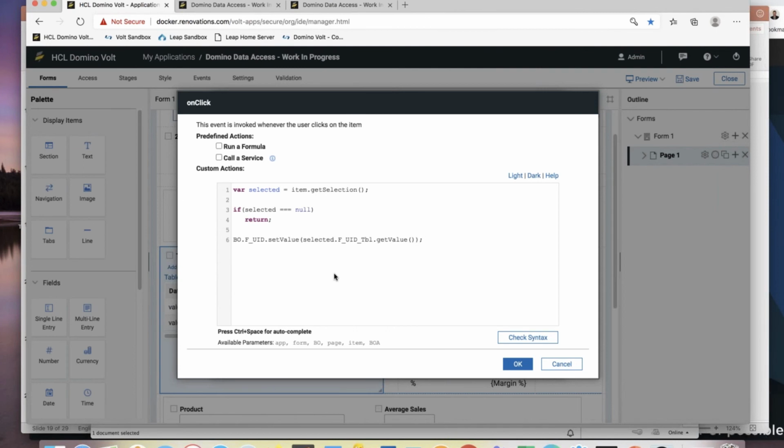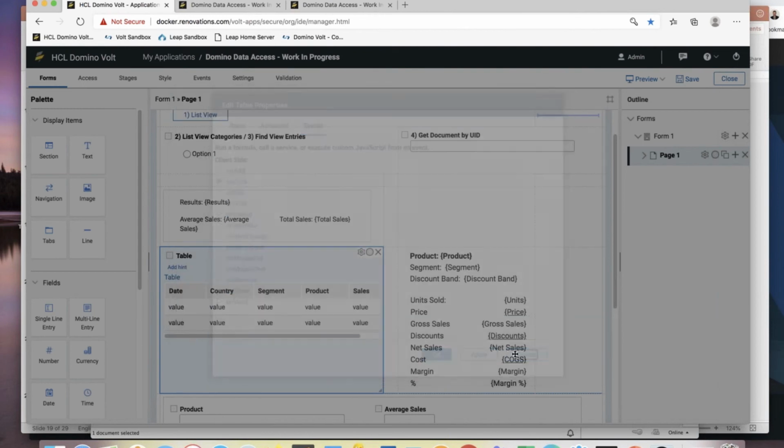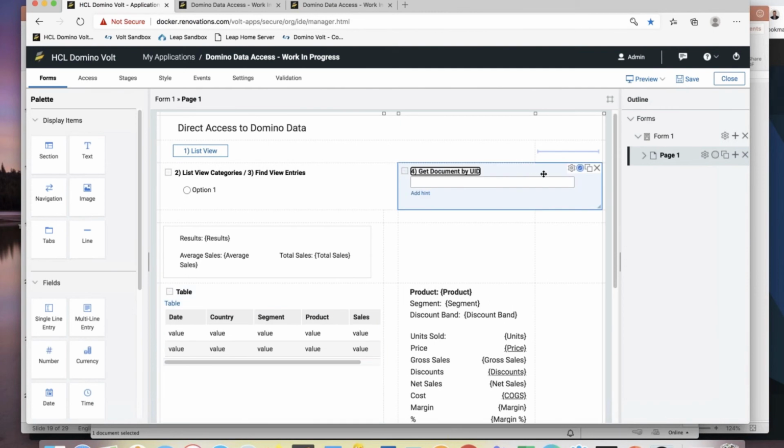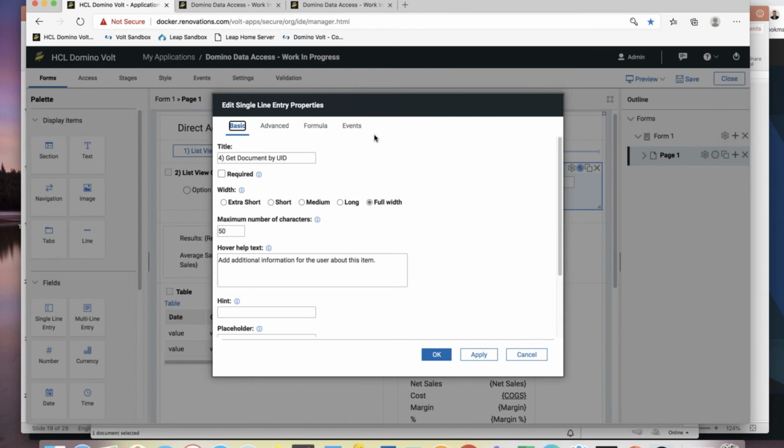So I may click on the table, but not a row. So this will nullify that. If I don't have anything, then just return. Otherwise, let's get the UID value from the table and push that into the one that's on the form. So it's fairly simple stuff. But what that allows me to do is specify an onChange event here. And the onChange event here